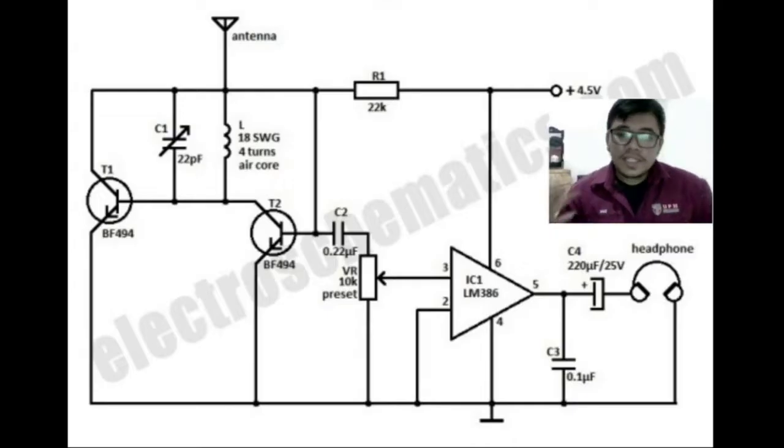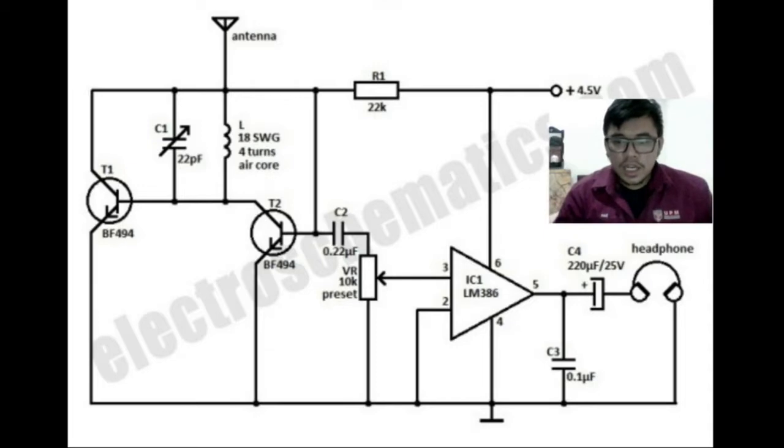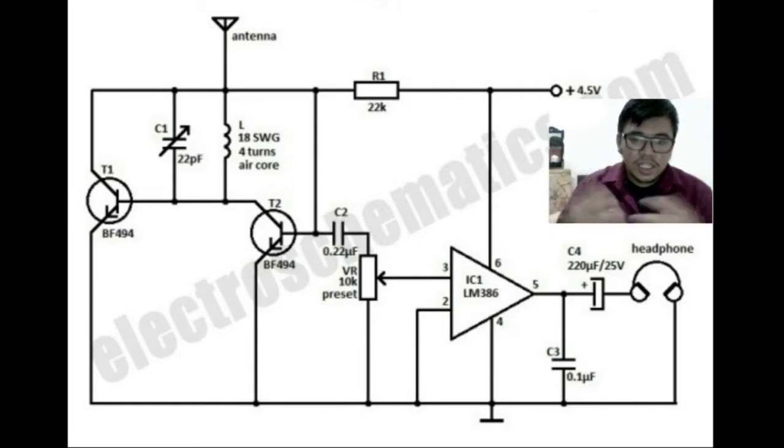Okay, so this is the simple FM radio schematic diagram. From this diagram, we can see the antenna, the IC, capacitor, and transistor. Each of these components has its own function. The transformer functions as the detector for the frequency modulated signal from the radio station. We send it to the antenna, detect it, and then